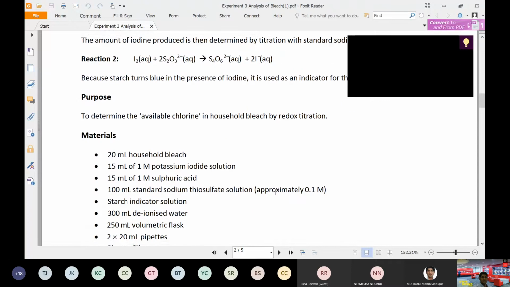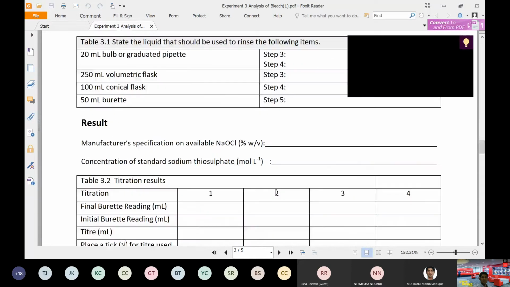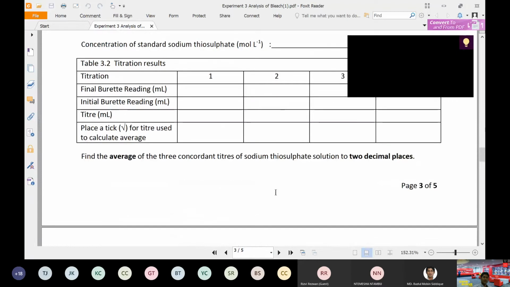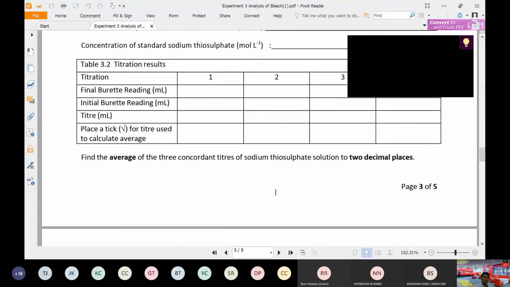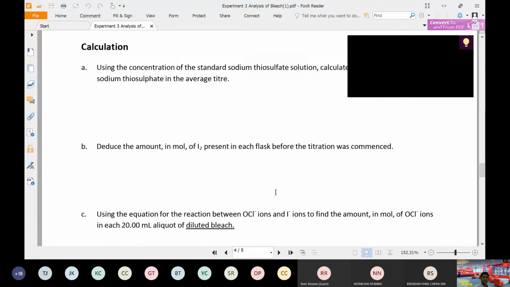So in this way we can explain what happens to the other ions as well. All right. So by this oxidation reduction reaction, we can find out the concentration of this